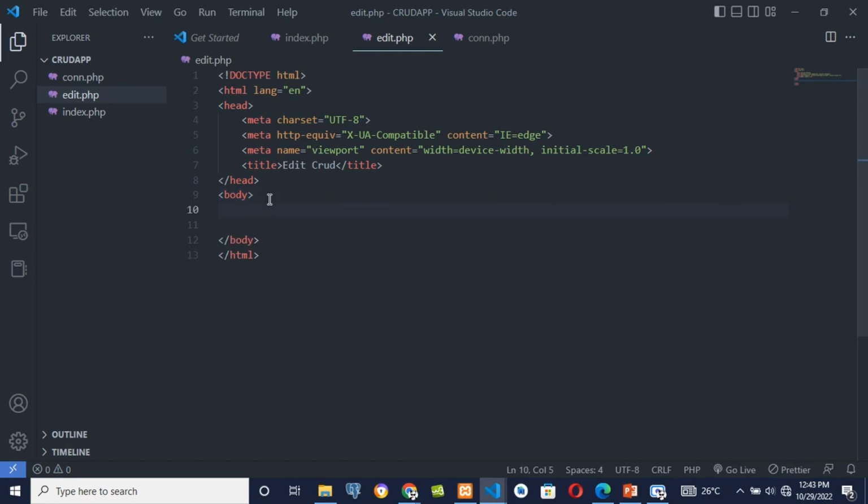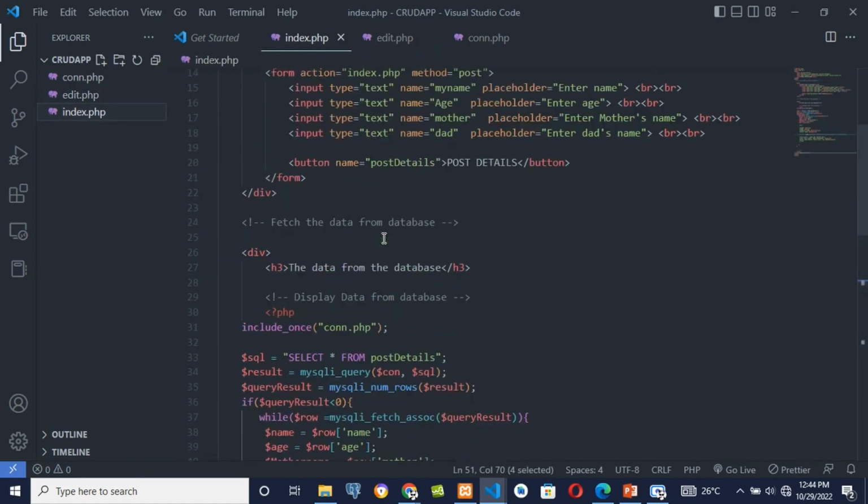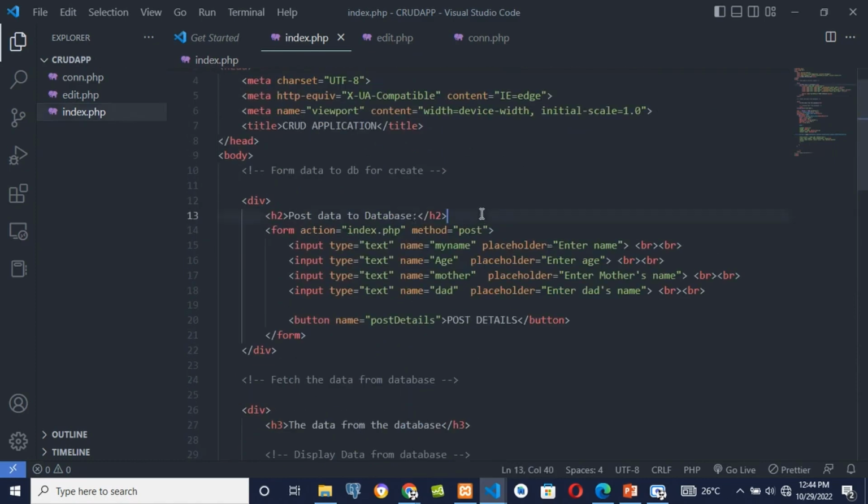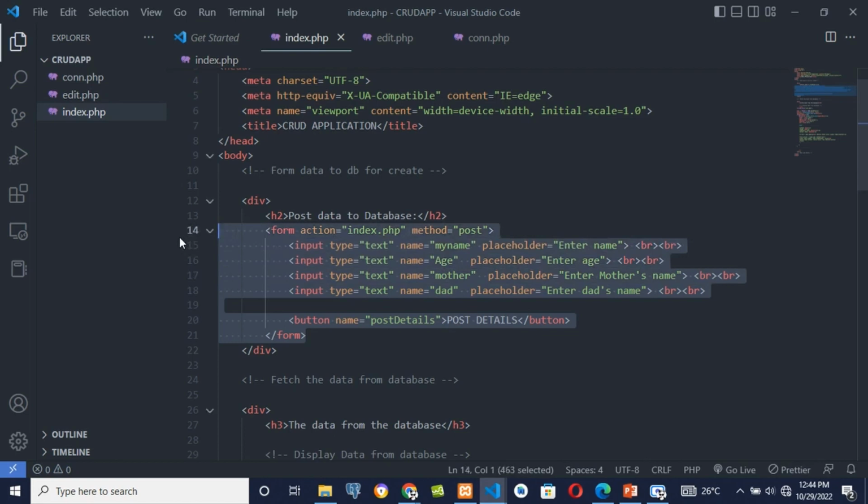So this file, when someone clicks the edit button, they will be brought here. So when brought here, that's where they can perform the editing and all, right? Okay, so for the body, we put exactly the same form like this one, right? Because the person will edit all the details. For this case,